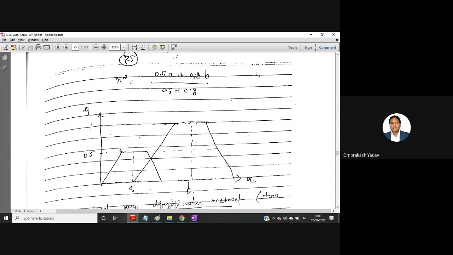So for this particular graph, I have determined this is the middle point A. For this particular graph, I have determined this is the middle point B. If you see the formula, it's height into point A, the first one, plus the second height multiplied by this point B, divided by the summation of both the heights. Is this clear now? Yes, sir.